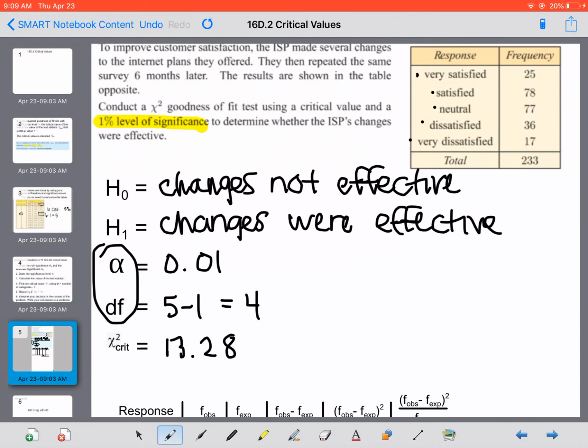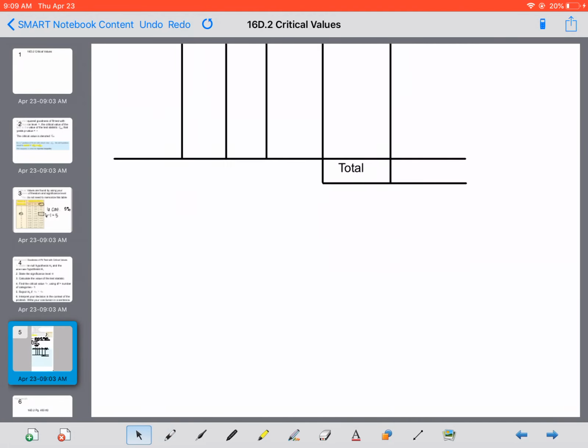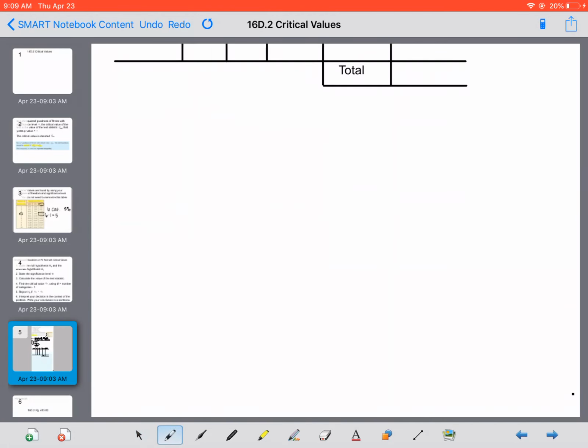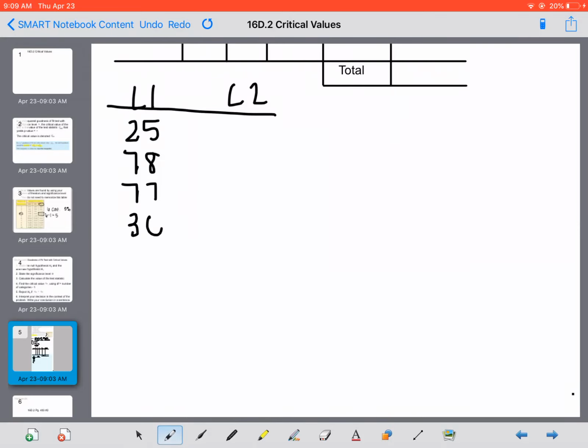Okay, so now what we need to do is figure out what our L1 and L2 is going to be, and then we will go from there. So L1 is our observed, and then L2 is going to be our expected. So we observed, very satisfied was 25, satisfied was 78, neutral was 77, 36 were not satisfied, and 17 were